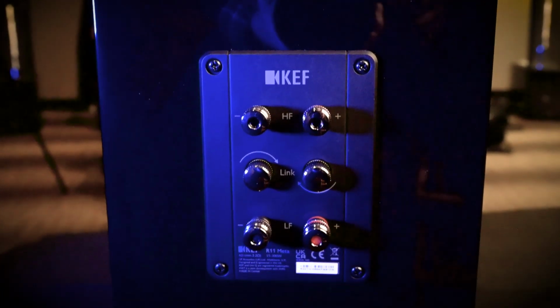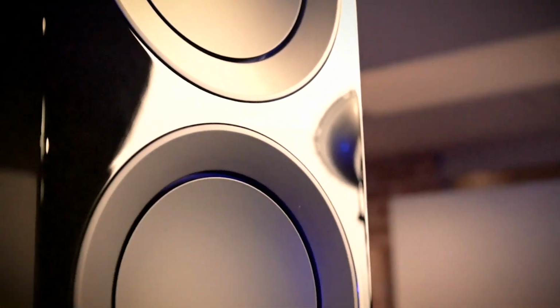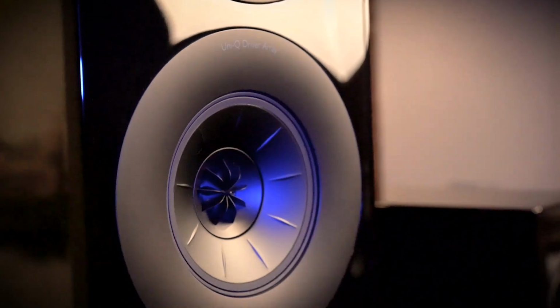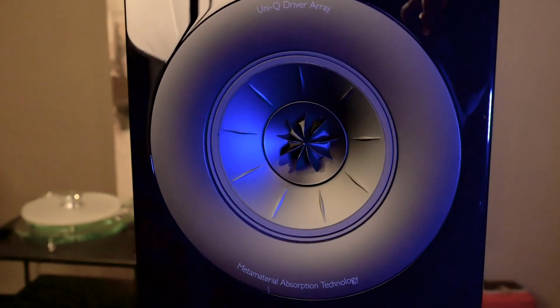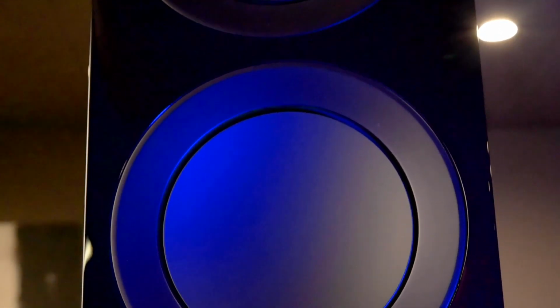Now, circling back to the R11 META, the finish is no different than the previous. They're virtually identical to the previous R series, and the previous R series looks fantastic, so it didn't really need an update. But what they did do is change the crossover in these speakers, and of course, added the META material